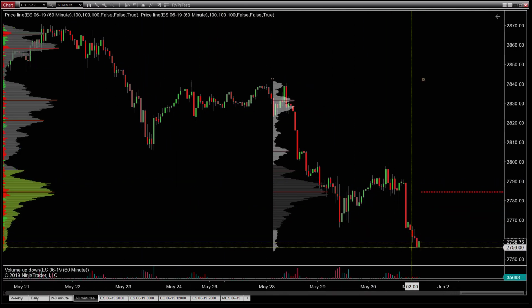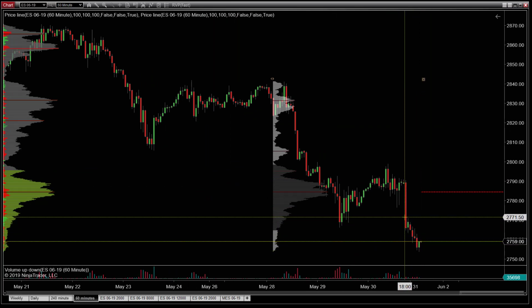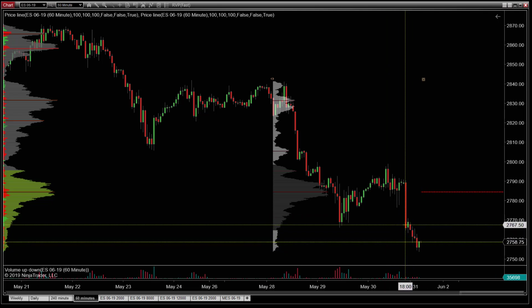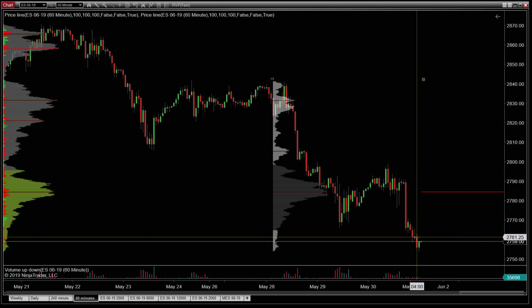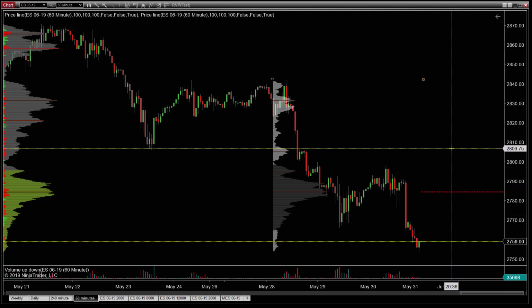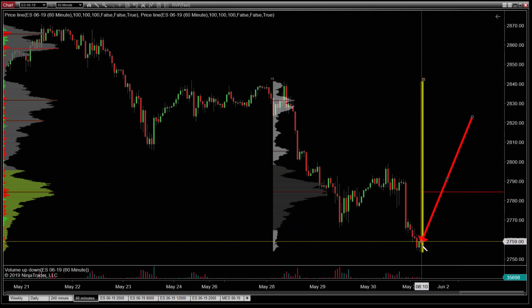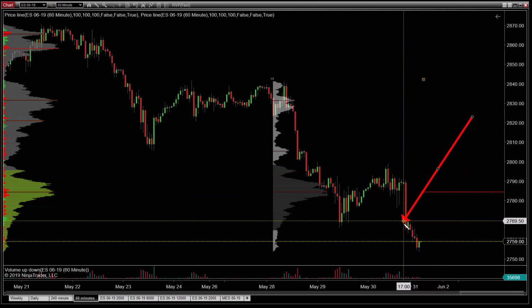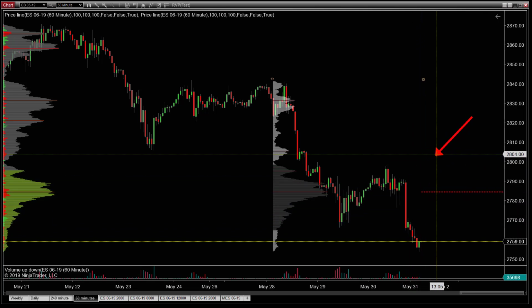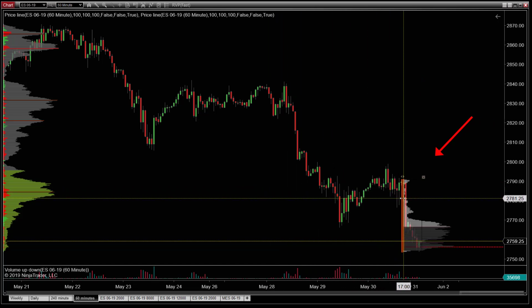I think we bounce. You can see all the candles got real small right through here, which means that they're kind of buying it, trying to hold it up. They're putting probably limit orders underneath this. We'll look at the delta here in a second. So we've got this bounce. There's no volume at all in this move right here, so just keep that in mind, that on the way back up, right, if we do this,